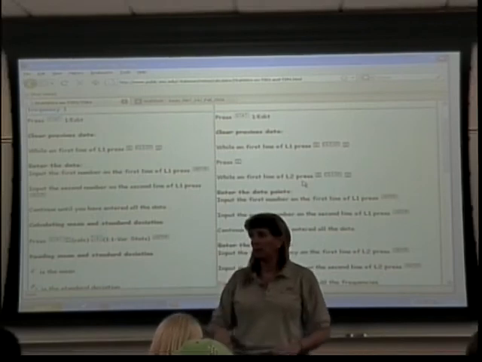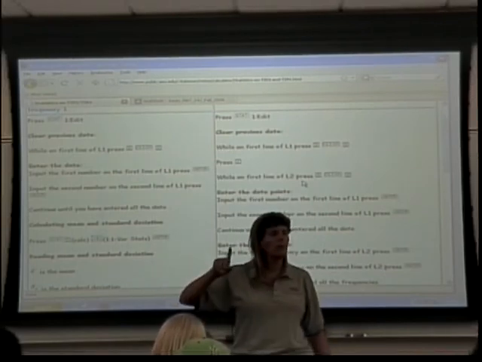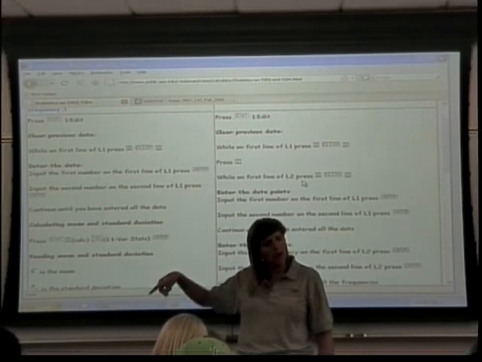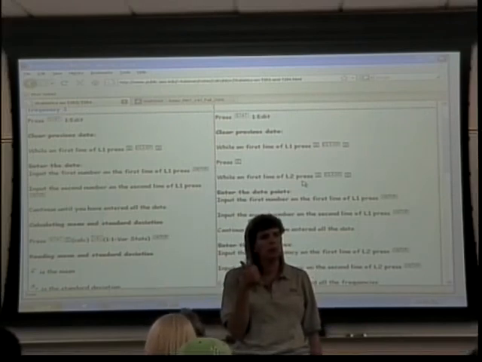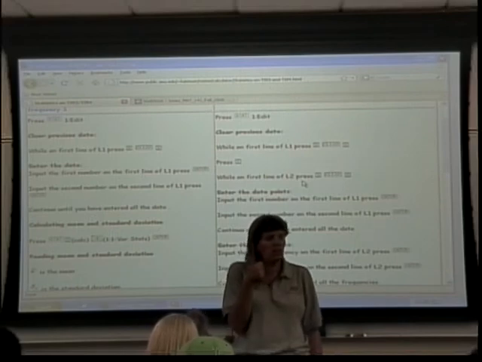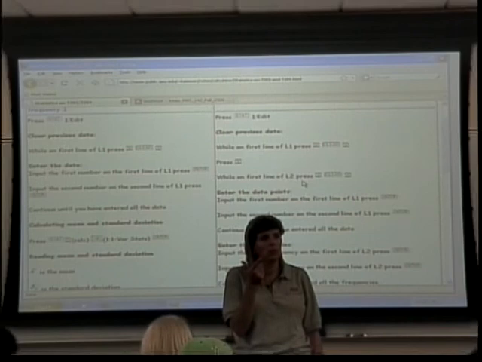Still mean 19. Now, for those of you who have graphing calculators, if you push the down arrow, you have min x. And then you push the down arrow again, you have Q1. You push the down